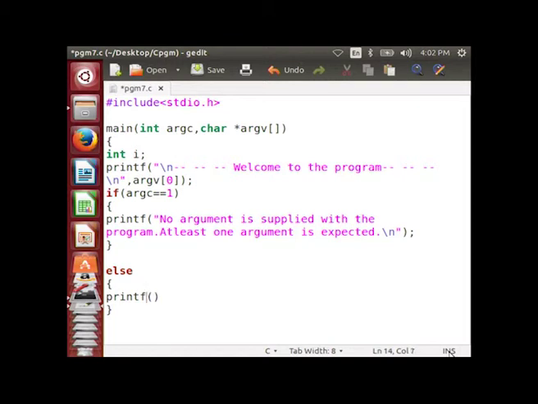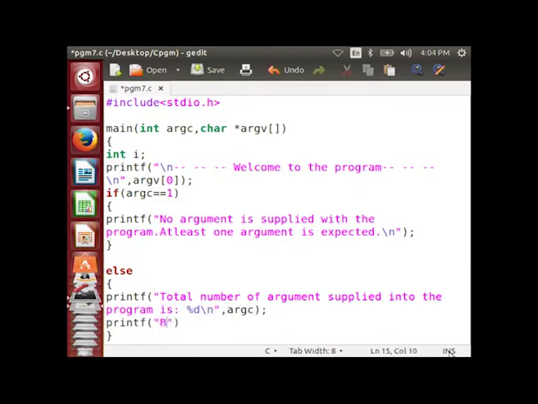Else start the curly brace, printf("total number of arguments supplied into the program is %d", argc), then printf("by default first argument is the name of the program %s", argv[0]).